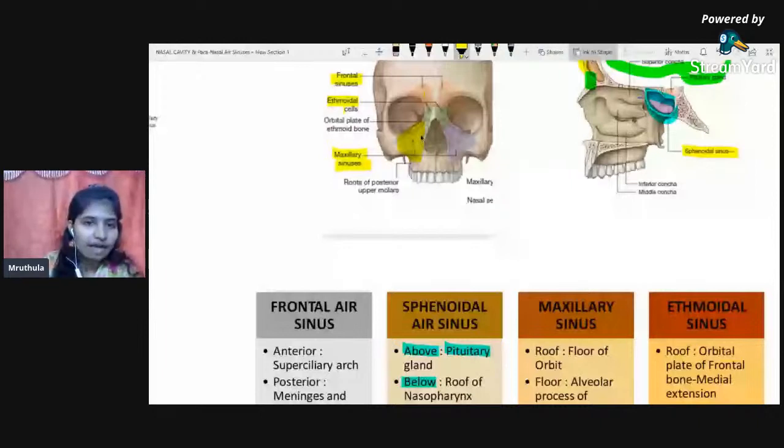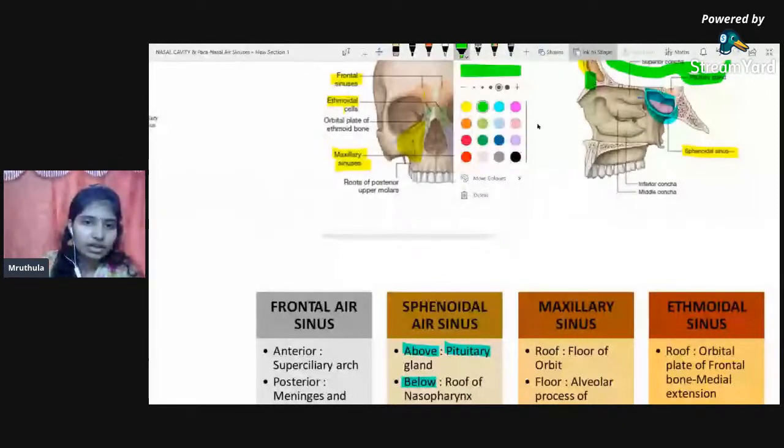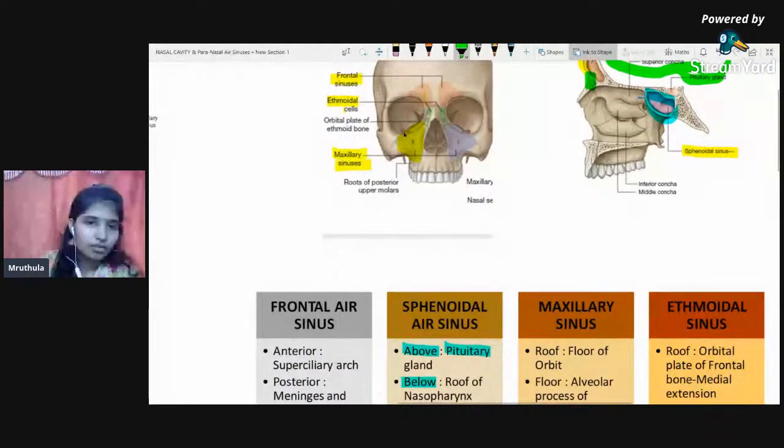Okay, on the roof we have the floor of the orbit. As I'm telling you the name, just have a look at the diagram, then only you can remember it again. The roof is formed by the base of the orbit. The floor is formed by the alveolar process of,